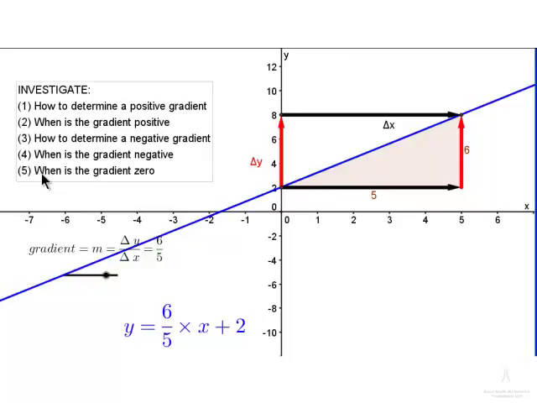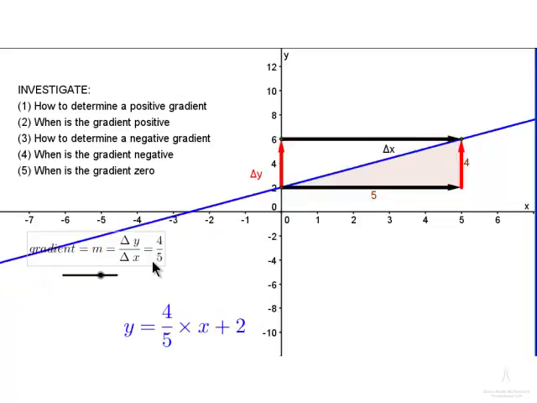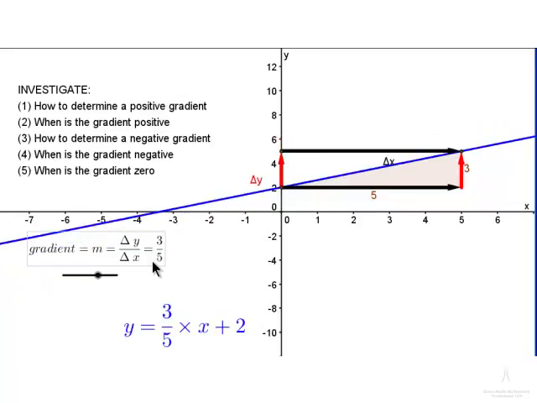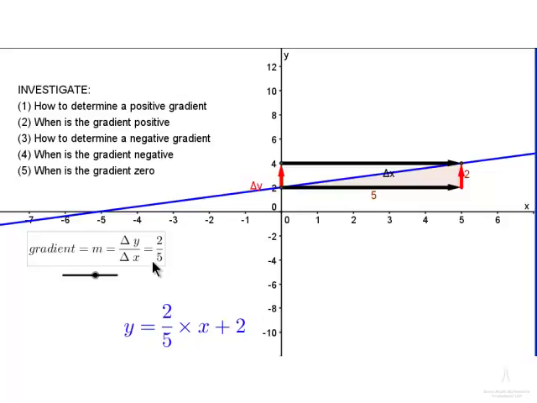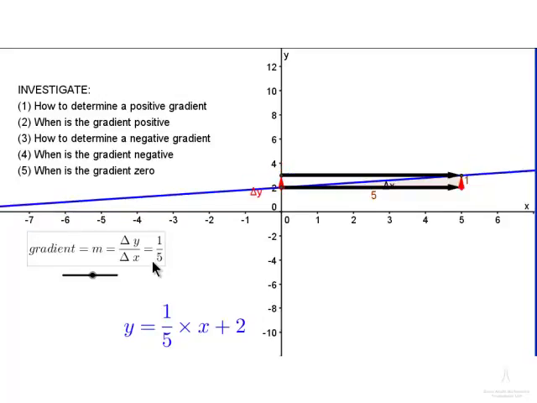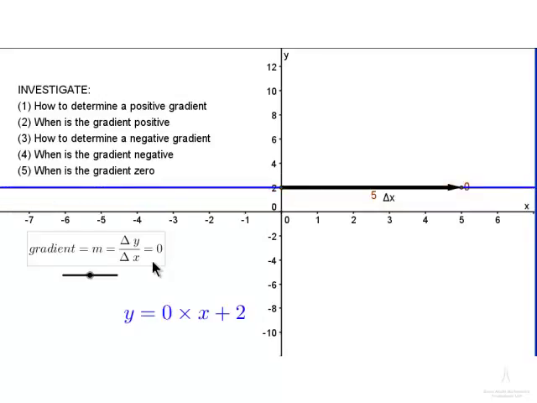When is the gradient 0? Now, the gradient is delta y over delta x. So the gradient will become 0 if delta y is 0, because if delta x is 0, then the gradient is not defined. So, see, I'm making delta y smaller and smaller. At the moment, delta y is 1. So my next move will make delta y 0, and you can see the gradient is 0, and delta x is 5, but delta x in this case